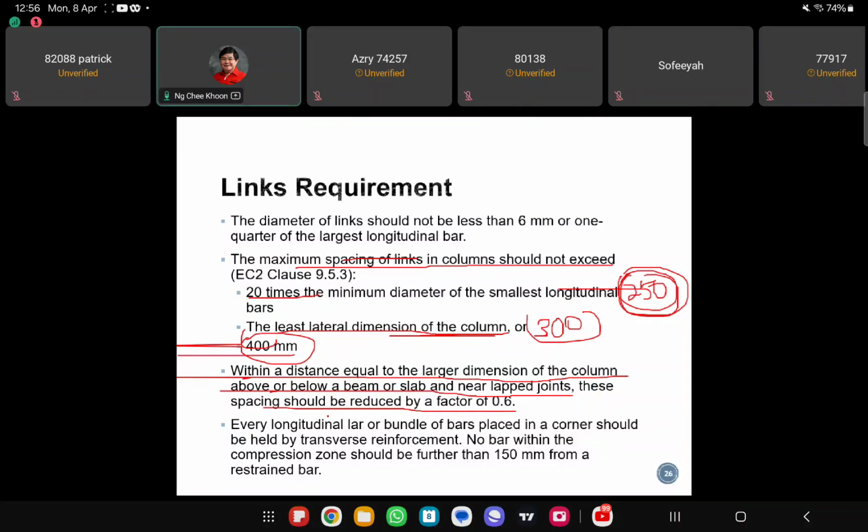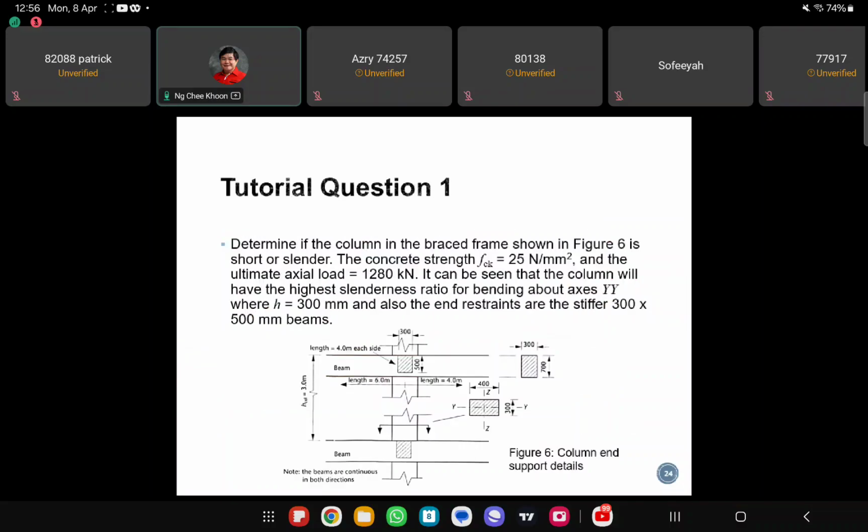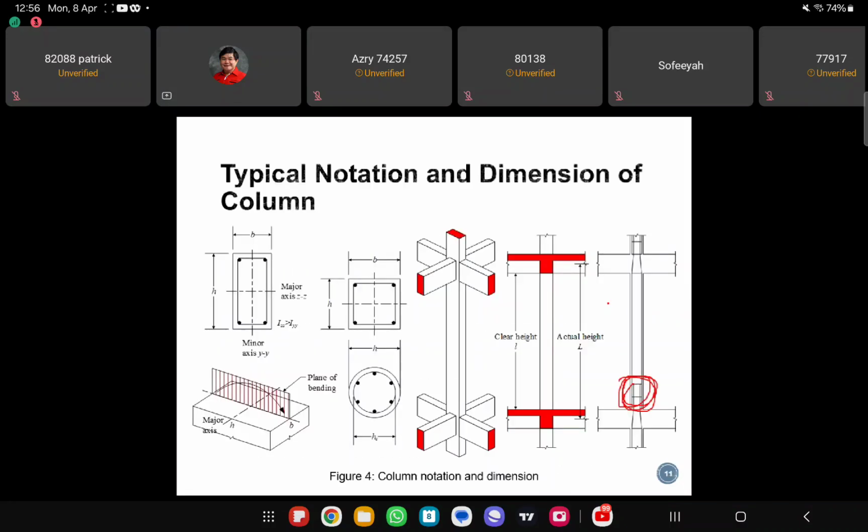So what it means here is, let's say this column here is 400 by 300. Within this distance of the larger dimension, meaning within this 400 mm here, your link